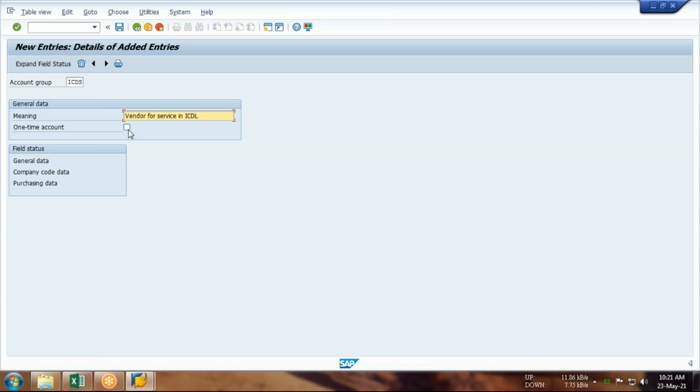If this kind of transaction is there in your system, you can create a separate accounts group for such vendors with whom you are not going to carry on business. So along with that accounts group, you just select one-time account.